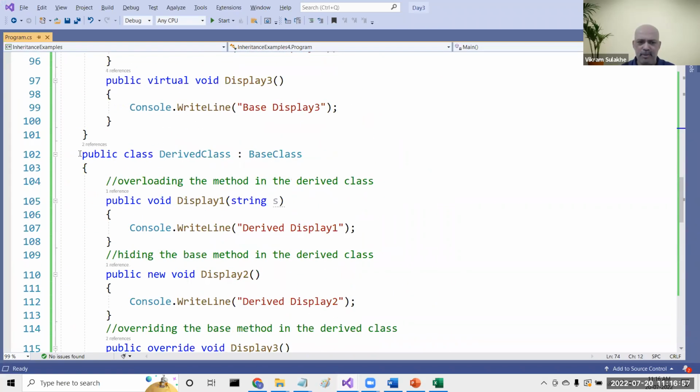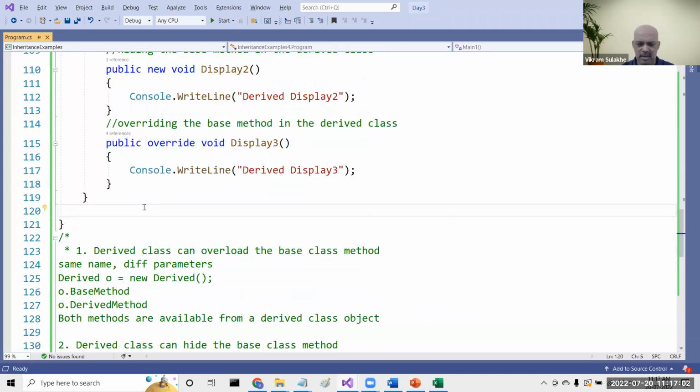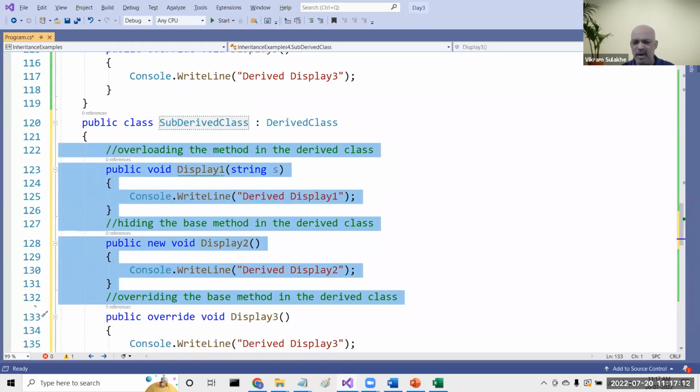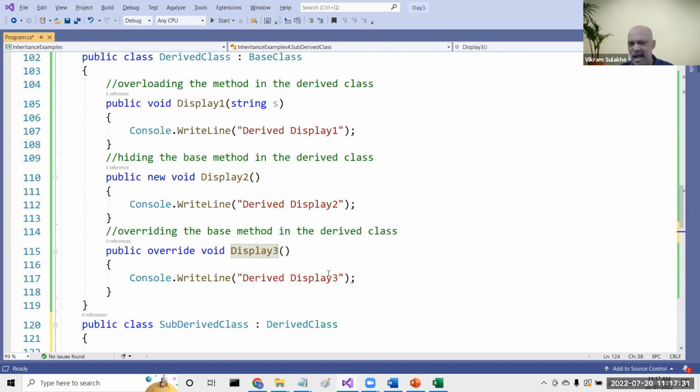What I'm going to do here is create another class that inherits from the derived class. I'll create a class called sub-derived that inherits from the derived class. I'm not worried about the non-virtual methods, so I'm ignoring those. And what am I doing in this one? I'm again overriding this further. Sub-derived inherits from derived and it overrides display3 again. Right? So if I have this situation,